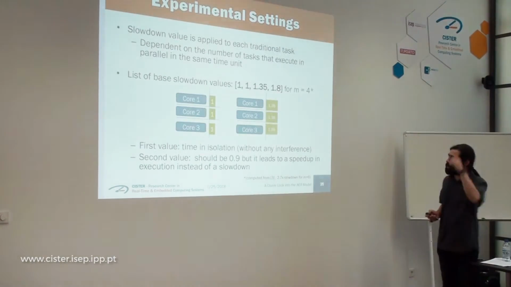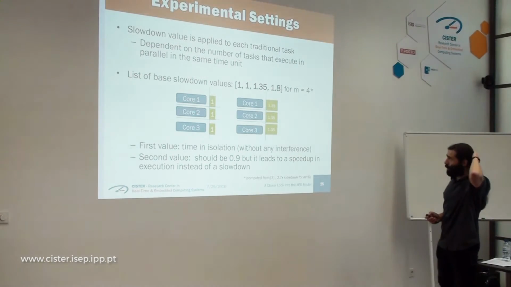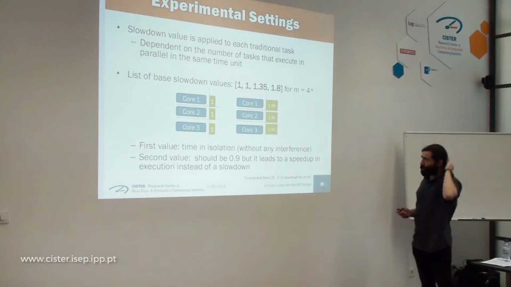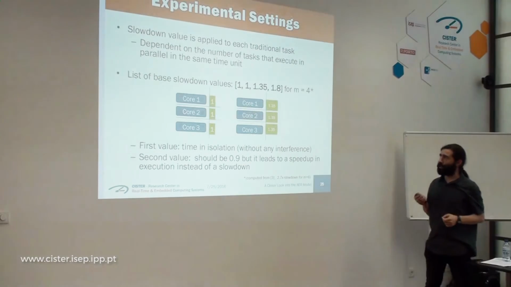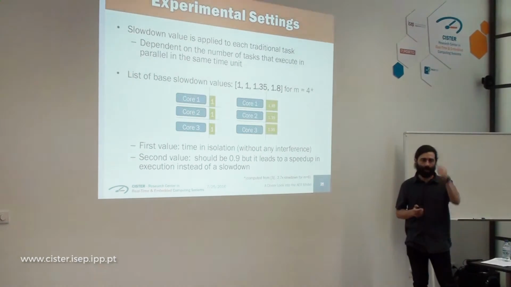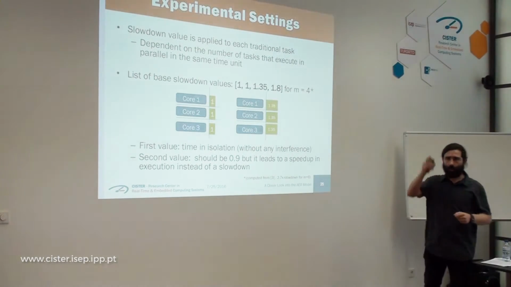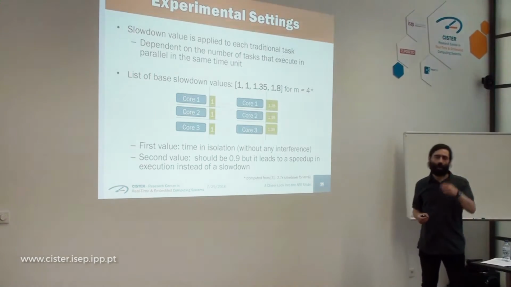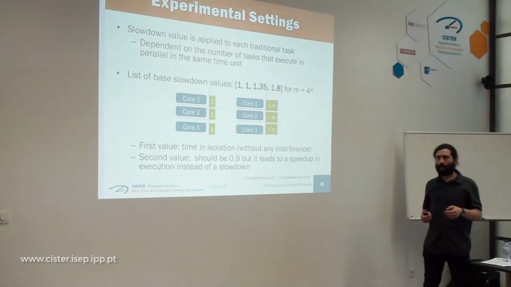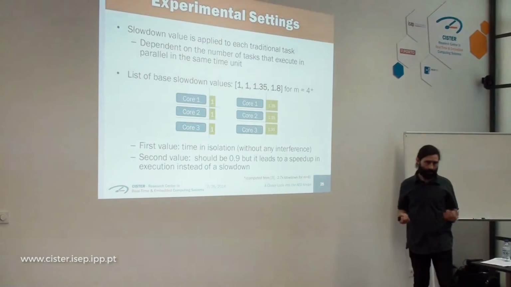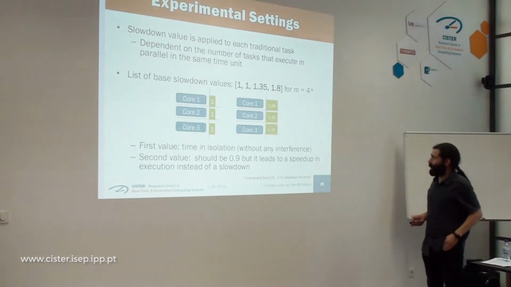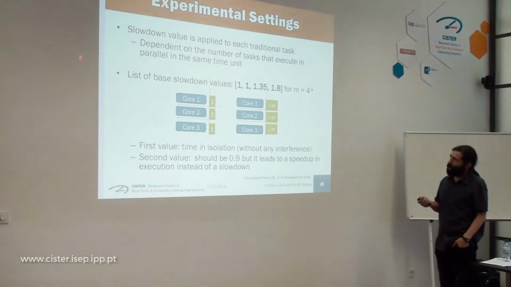Okay? Now, for the slowdown value, recall that this value is dependent on the number of tasks that execute in parallel, so it varies throughout the execution. If you have 2 tasks executing in parallel, the value will change if you have 3, okay? So just to give you an example, first I will talk about the list of base